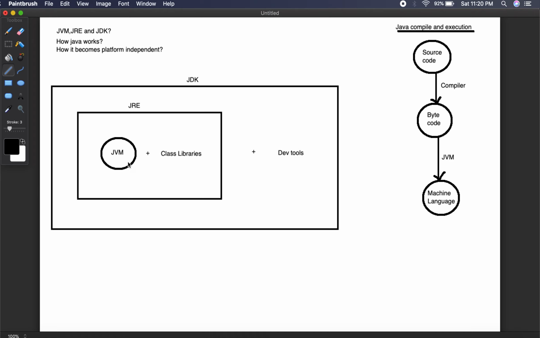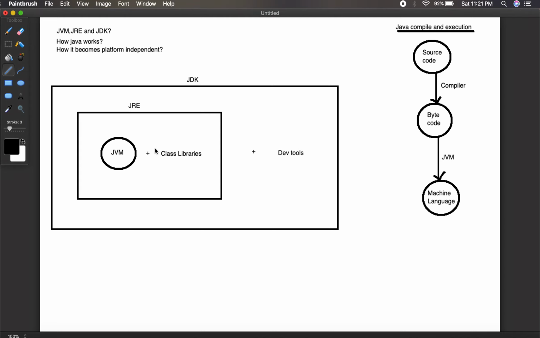And apart from these two, there are two key components in the JRE. They are Java Web Start and Java Plugin. How will these two components help us? These are deployment technologies that are part of the JRE.